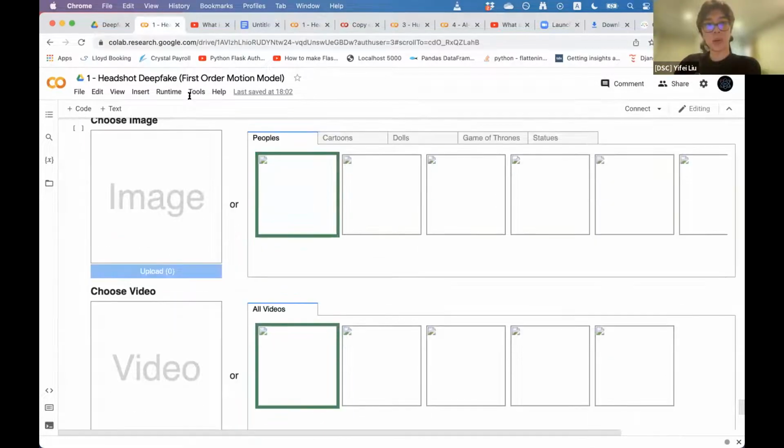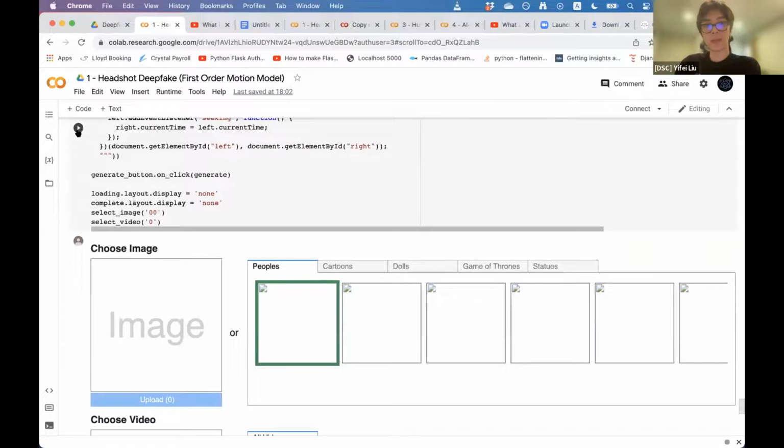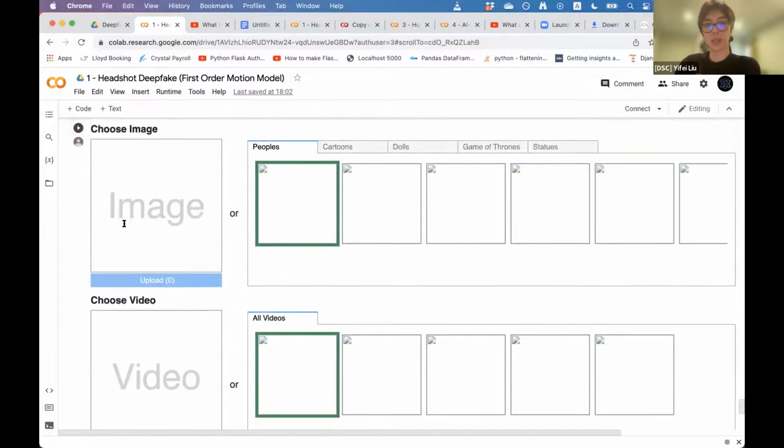In a minute or two, the first 2 cells will have finished generating,